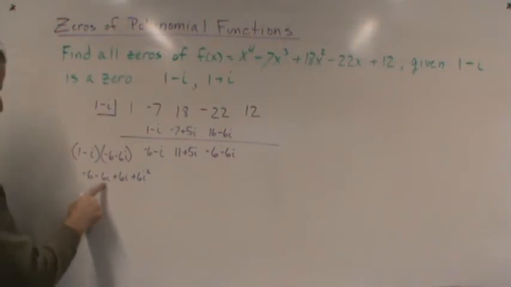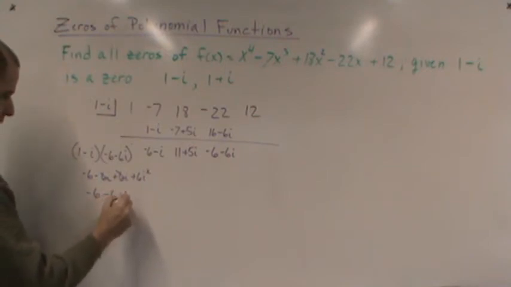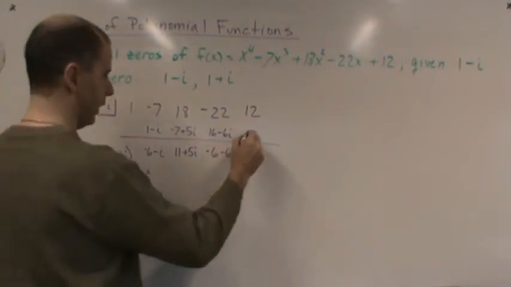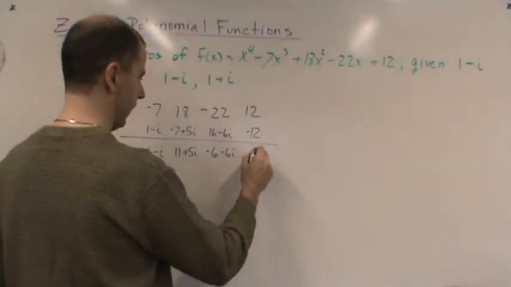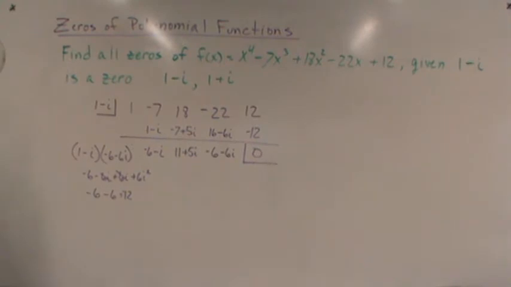Well, look at here. This minus 6i plus 6i cancels. I get negative 6 minus 6, which equals negative 12. And so I get my negative 12, and I get 0, which is exactly what I should get. Okay? Now,